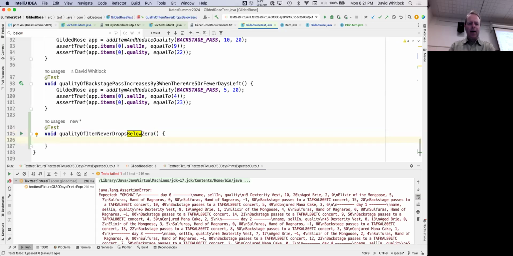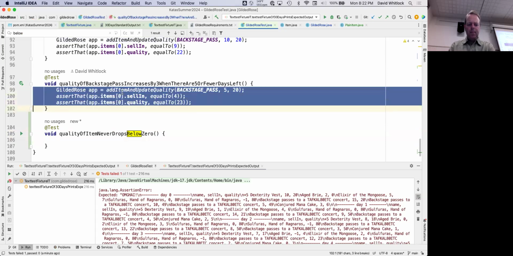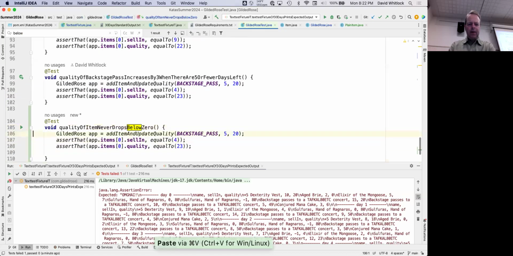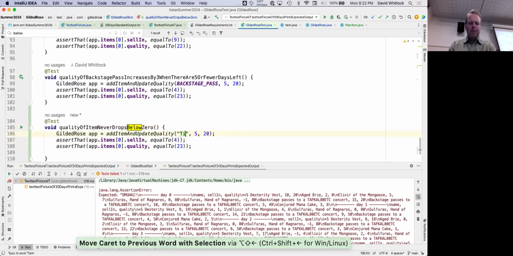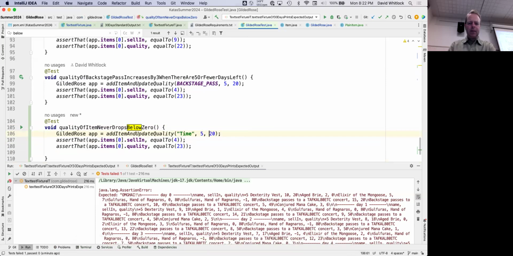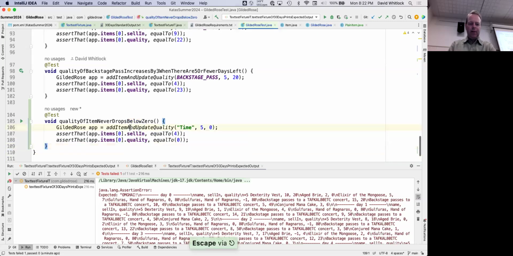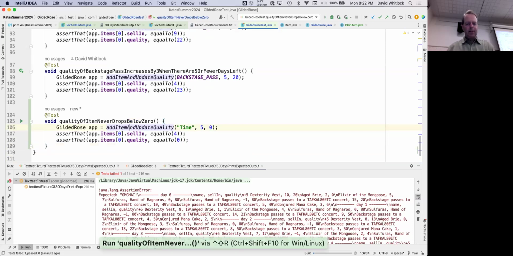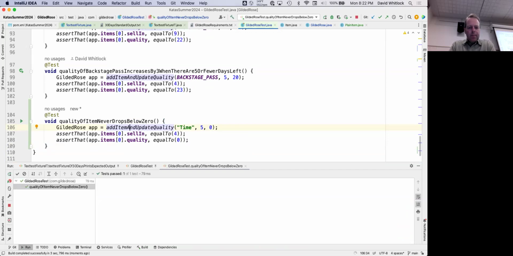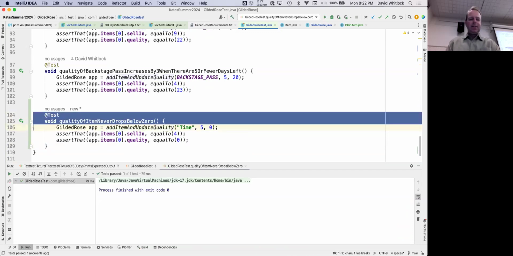So now if I have an item that has 0 quality and it's got 5 days left to sell by, and the quality is still 0. So this is my old school style, a regular item. And so if I run this test, that passes.